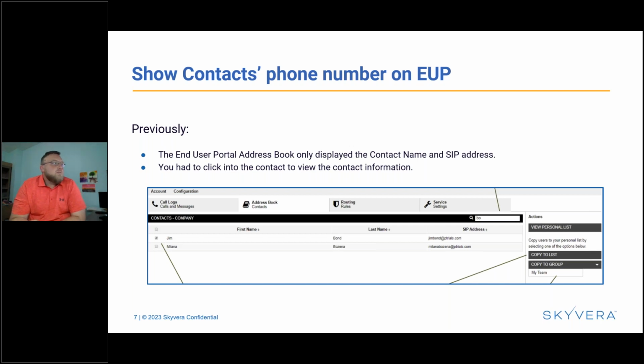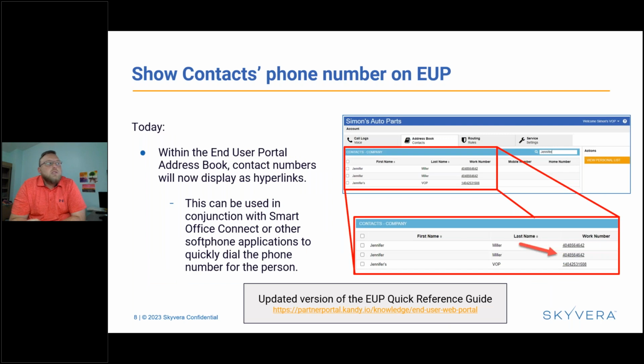So we've actually made some modifications there. And now when you go into the end user portal, it's going to just immediately display the contact telephone number. So we've got work, mobile, and home numbers displaying there. And what you'll also notice is when we put in this update, we also made it so that the telephone numbers were hyperlinks. So if you're using a smartphone, whether it's Smart Office Connect or any other soft phone application, you can actually just click on that telephone number and it will automatically dial for you. So that's a pretty cool update for those that are using the address book in conjunction with a soft phone